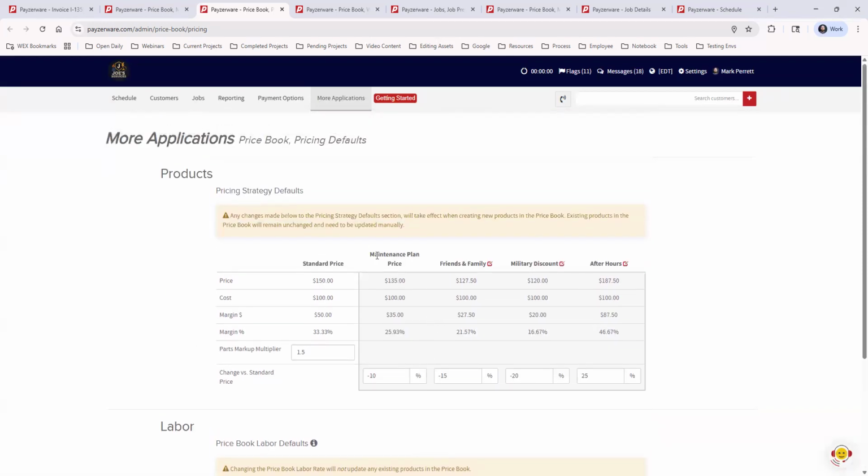We also have maintenance plan pricing. This is a great feature. This will help you sell more maintenance plans. The way that the maintenance plan pricing works, if I have a customer who is on a maintenance plan, they're officially registered as a maintenance plan customer in the system. Any job that I do for them is going to automatically update from the standard price to the maintenance plan pricing. And a common practice in the industry is, if I'm a customer and I sign up for your maintenance plan,